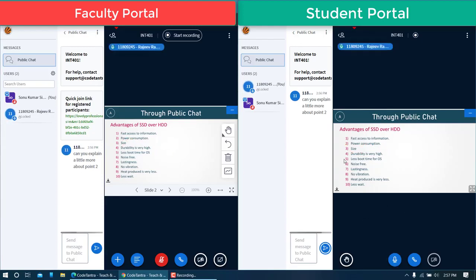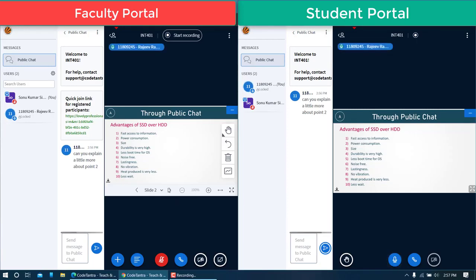So that is one way, through the public chat. Whatever you type here will appear to your teacher and to your colleagues as well. That is what we mean by public chat. It is visible to everyone present in this particular session.